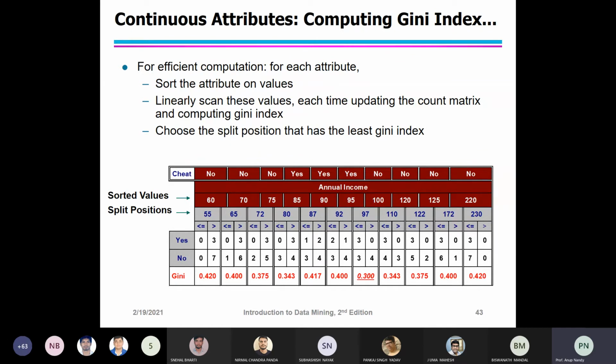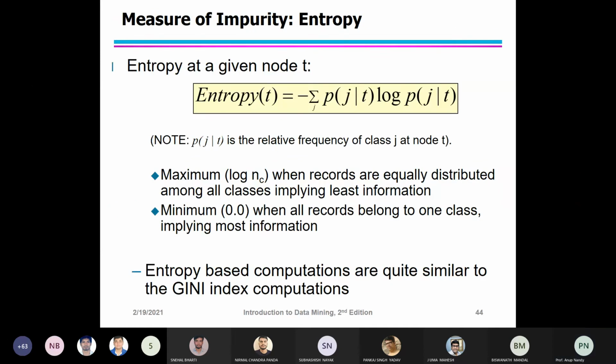This is very important: you only need to fill in the count matrix, and for each step compute the Gini index. That's it. Next is the impurity measure called entropy.